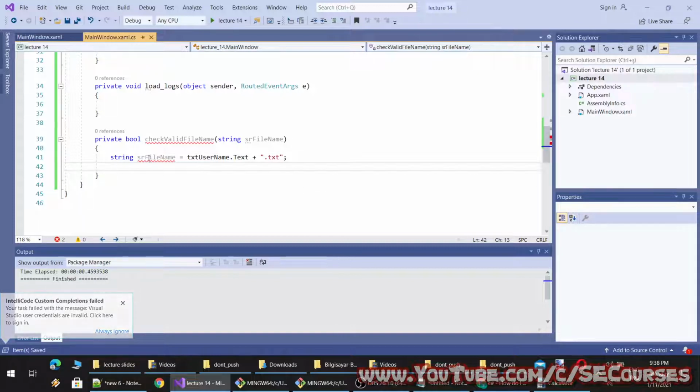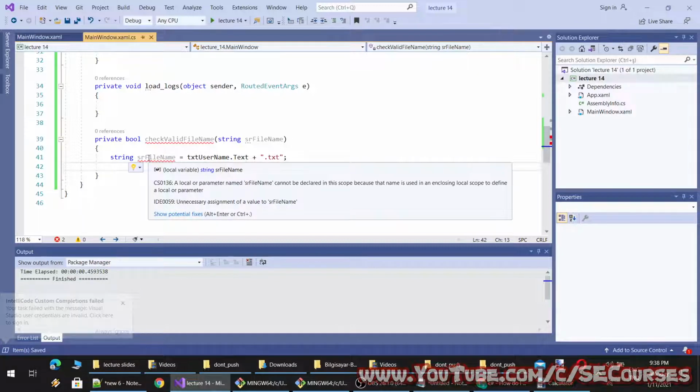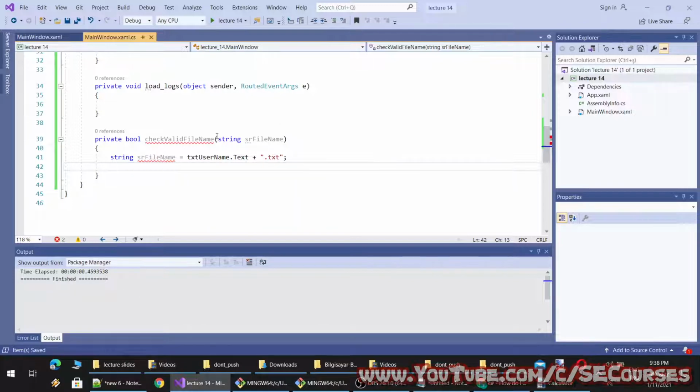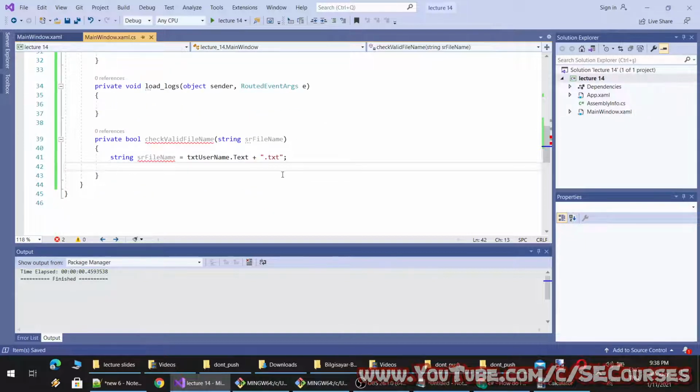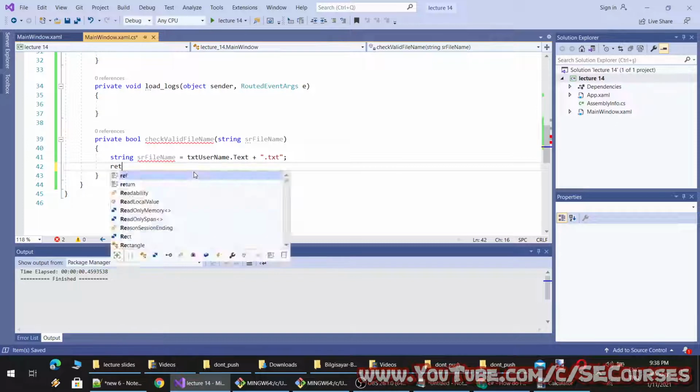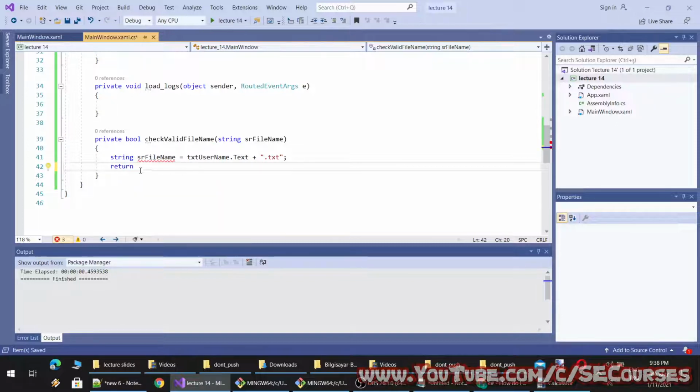Okay, and why do we have a check file name? Okay, this is interesting. Oh, you see it is giving an error.